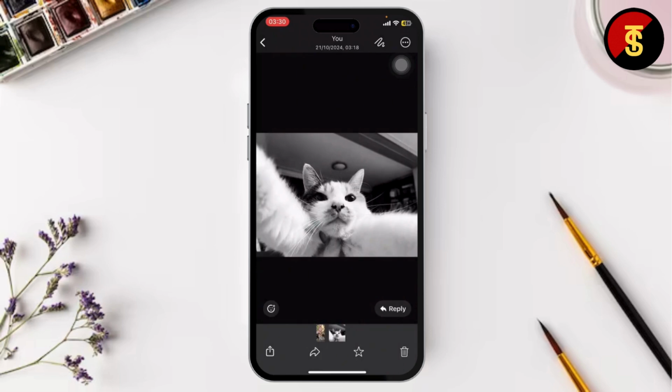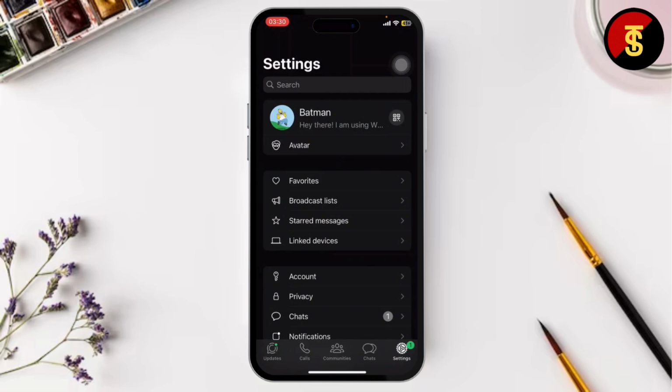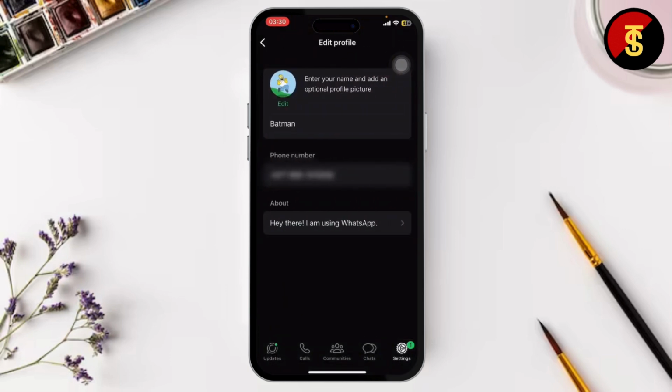Now what you'll need to do is go to your WhatsApp settings. Now after you're on your WhatsApp settings, just tap on your username and there you will see right below your profile picture the edit option. Tap on edit